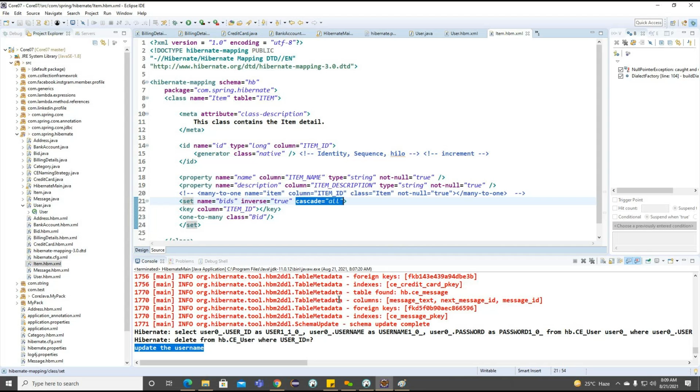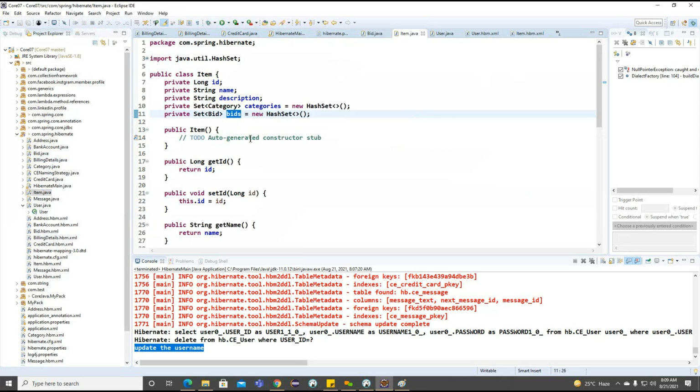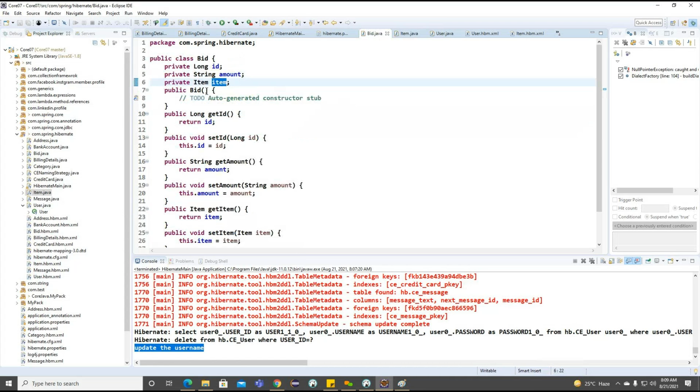For example, this particular item is connected with bids here. Let me open the bid object and item object here. Now observe, this item has multiple bids. This particular item has multiple bid records. In the same way, this particular bid has only one item.